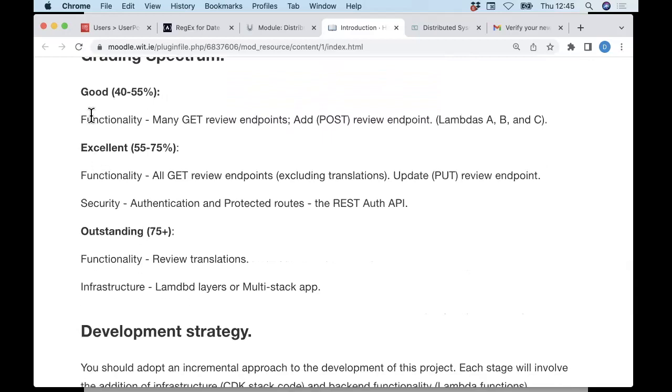Grading. So this is how I came up with my grading spectrum. If you've got quite a number of the GET requests working and the POST request, adding a new review, then you fall into the 40 to 55 grade. So, to be within the 40 to 55, you can essentially ignore all the authentication stuff. But just get most of the